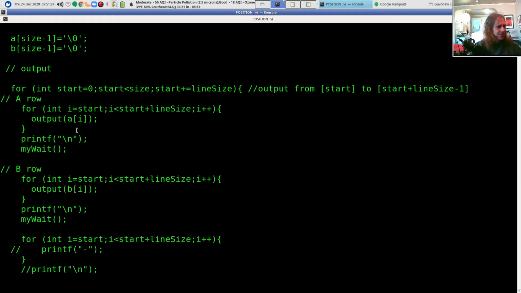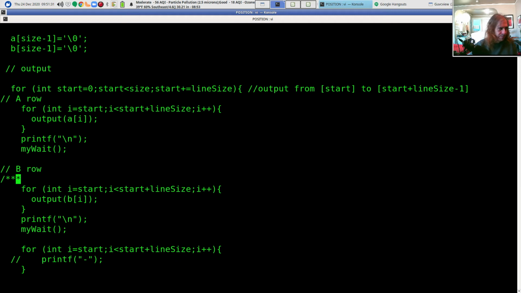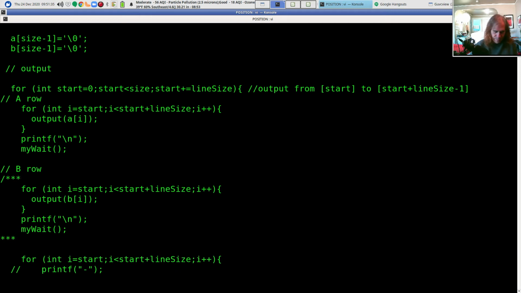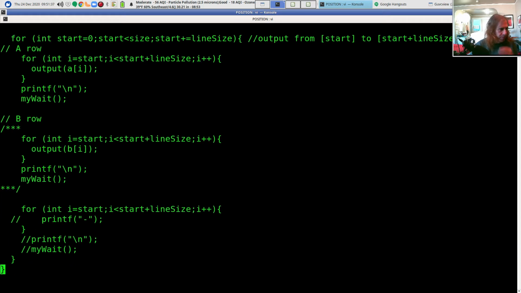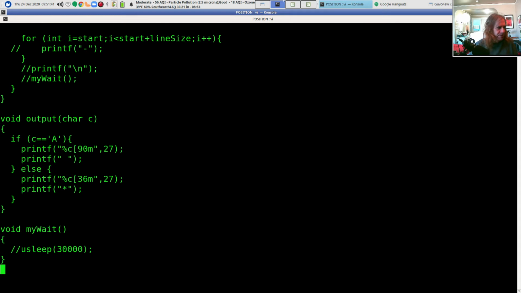And this will output the A row and the B row, but we don't really need to output B. And we can throw a pause in here.